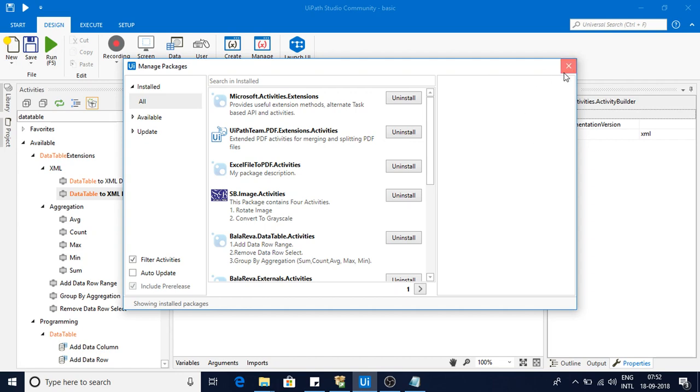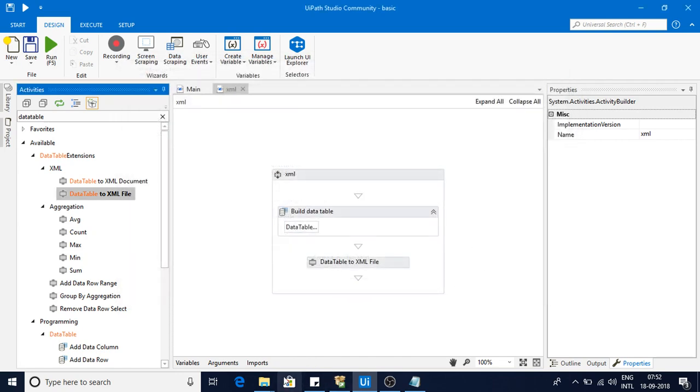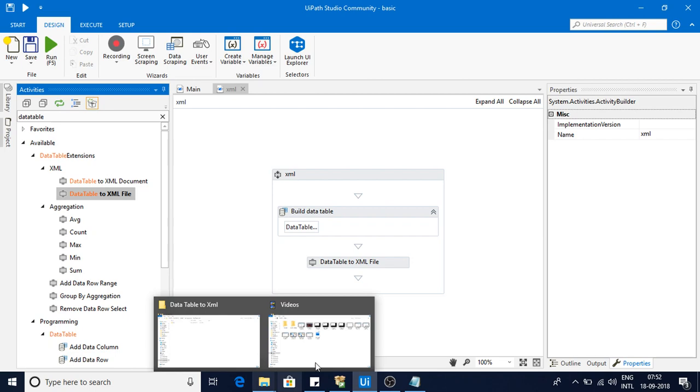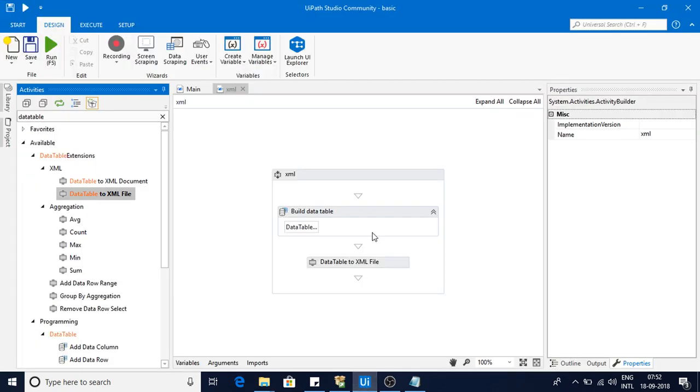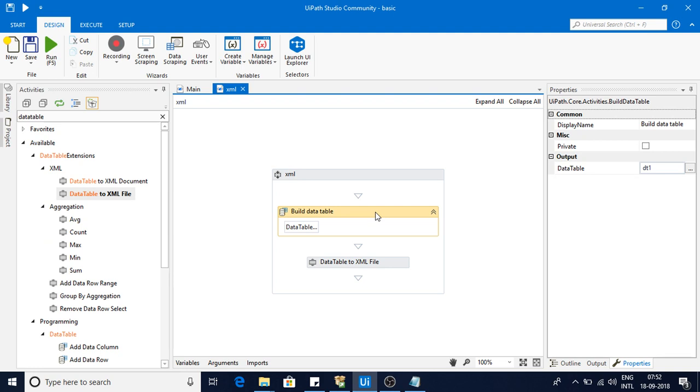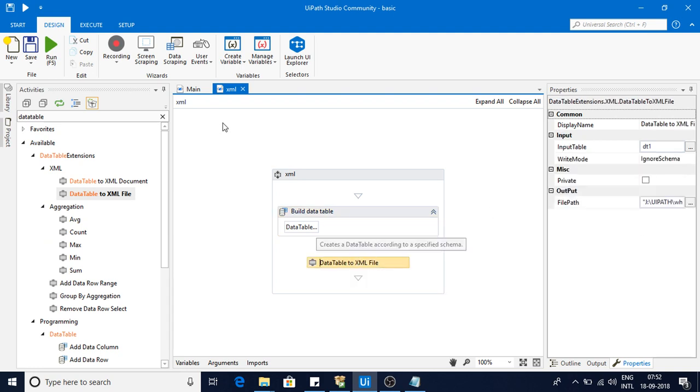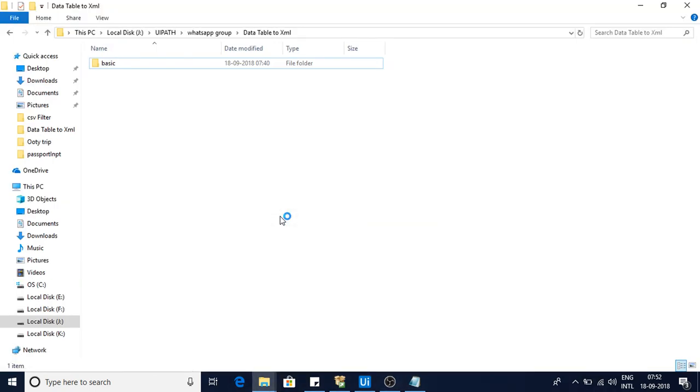Let me show you the output first, then we'll see how we can implement this. This is the path I have, and you can see there is no file in it. I have created one data table using Build Data Table, and here I am going to generate that particular XML file using this workflow. So let me run this. I started running it